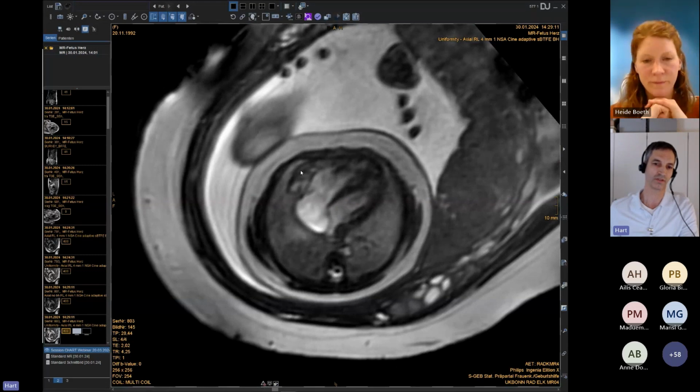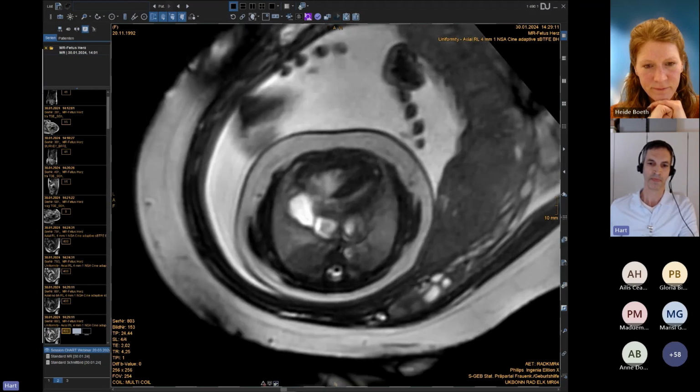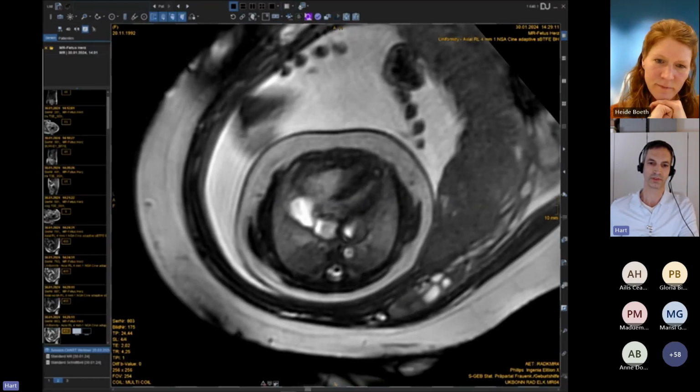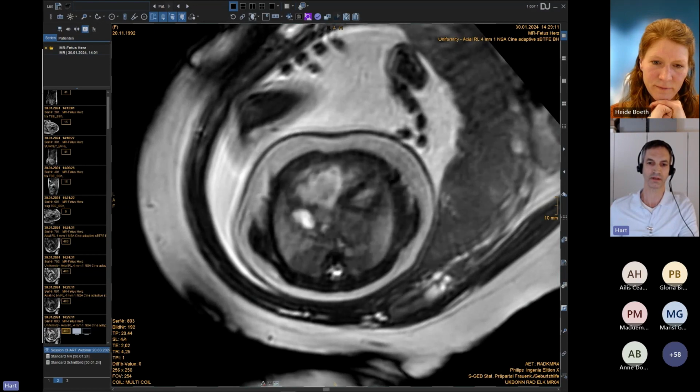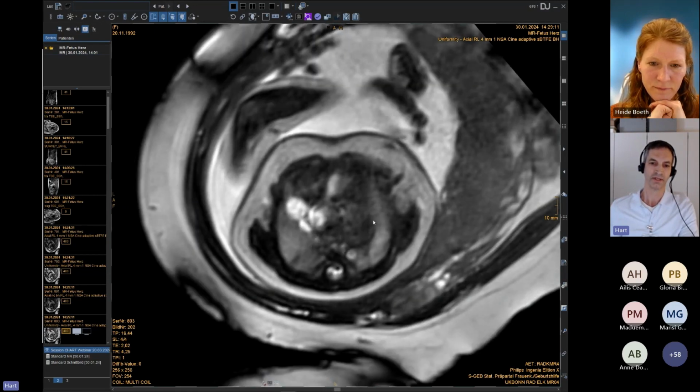We have an enlarged right ventricle here. This is orientation. This is, of course, left side, and this is right side. We have the descending aorta. You see alterations in the lower lobes of the lungs, both sides. And we come to the VSD here. It's a malalignment VSD. And already you can see this tumorous mass over here. This is the left pulmonary artery.